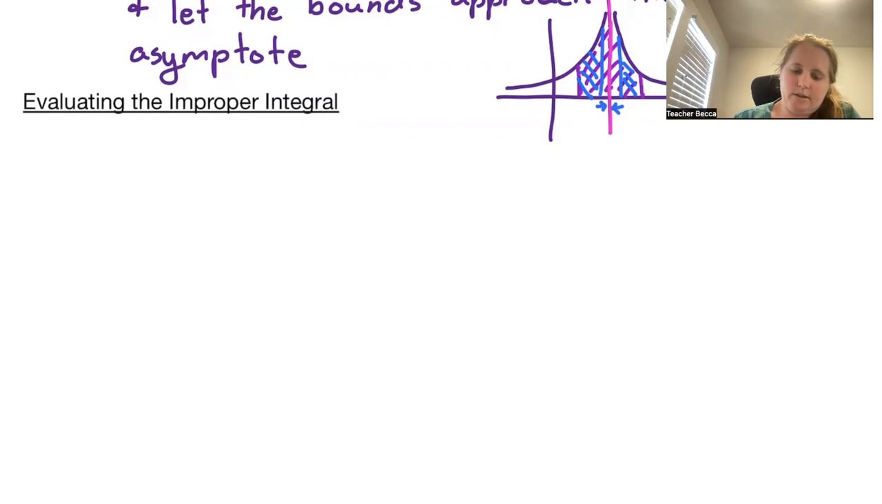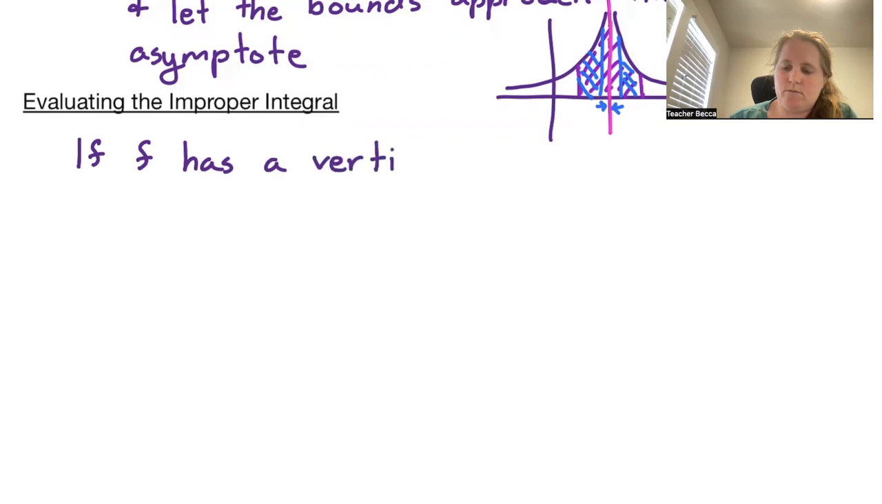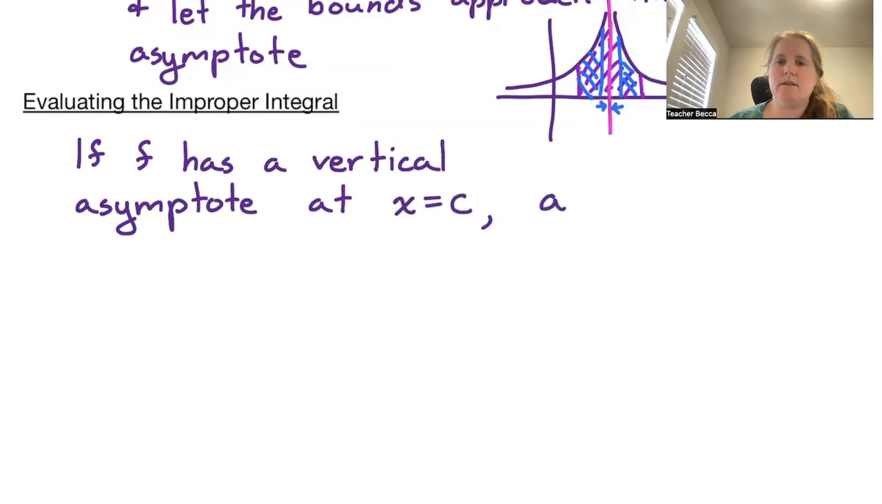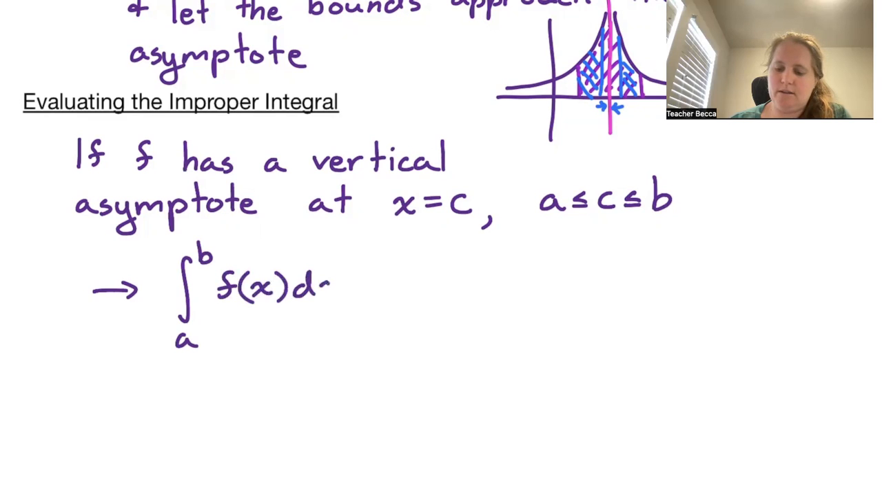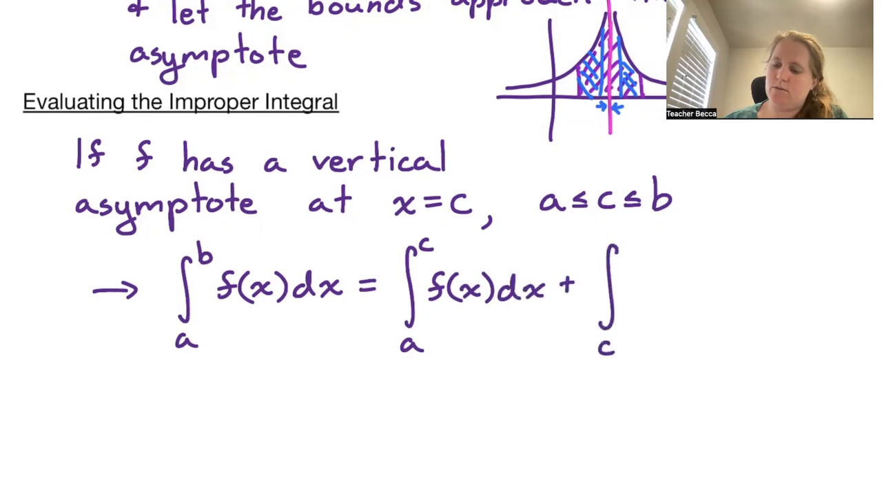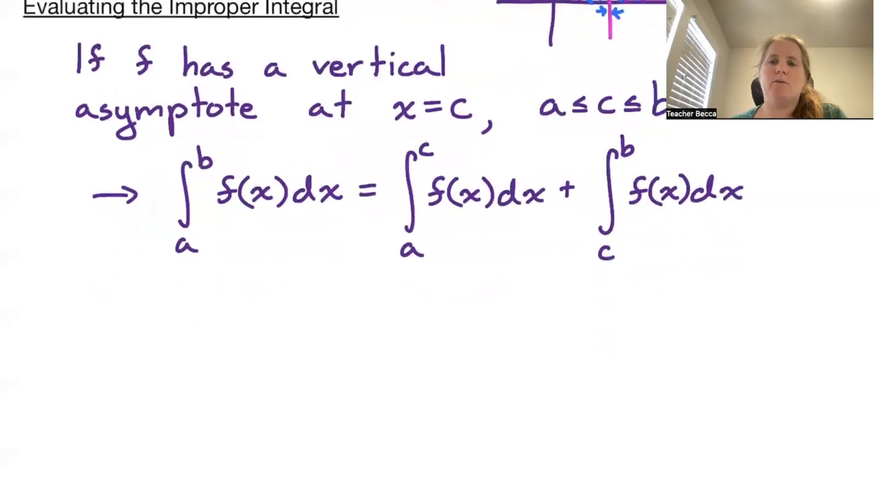So if f has a vertical asymptote at x equals c, and c is somewhere between a and b, then we have the definite integral from a to b of f of x dx should be really split as an integral from a to c of f of x dx plus an integral from c to b of f of x dx. And then we have essentially